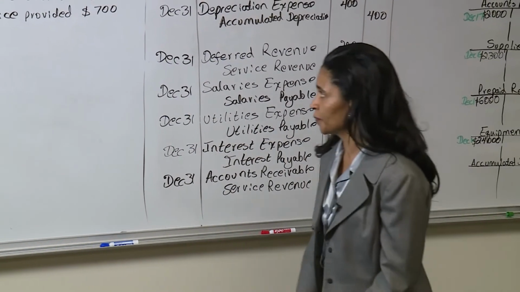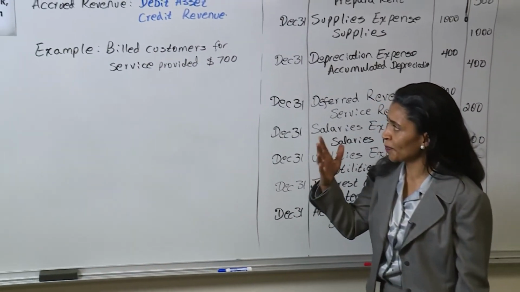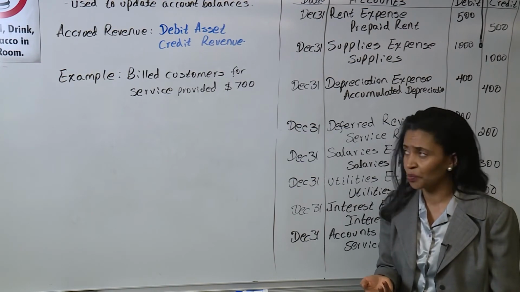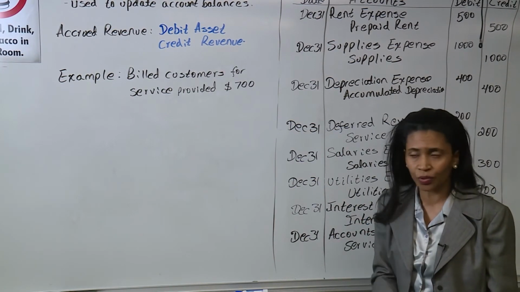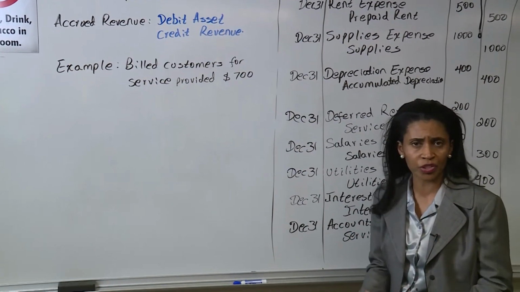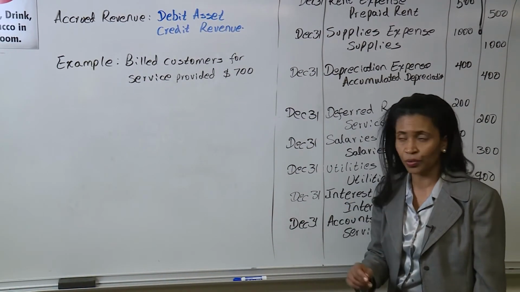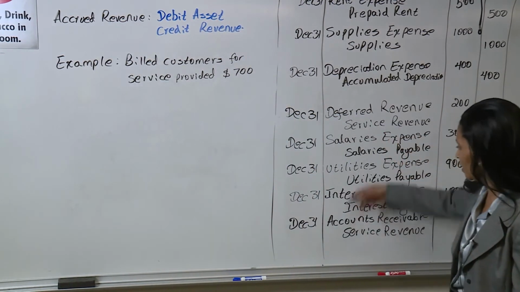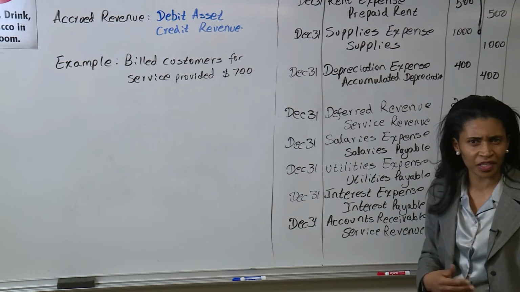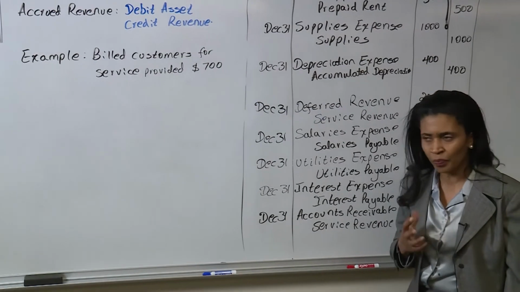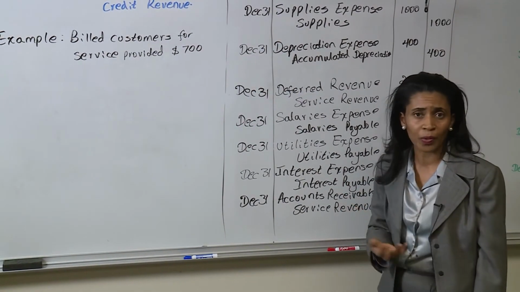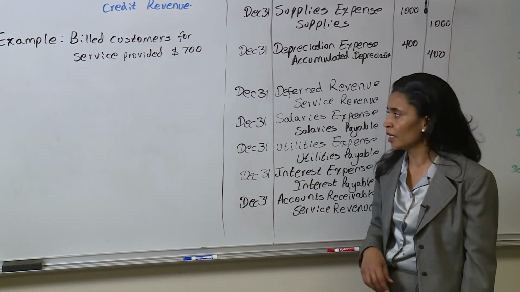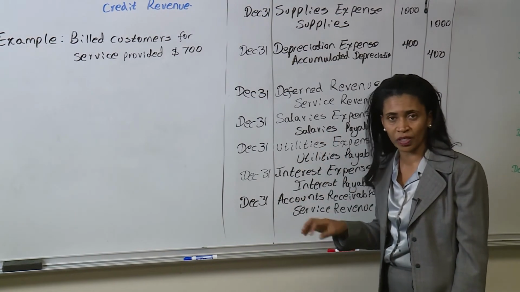So those are the four categories, as we said. The prepaid expenses is the first one, then deferred revenue is the second one, accrued expenses and accrued revenues. As I said, don't stress yourself too much about the name of the category. What you need to know is what do we do for each item, and this will probably help you understand the adjusting entries. Adjusting entries are usually a bit confusing, so you probably need to watch the video or read the textbook a couple of times to really understand what's going on,